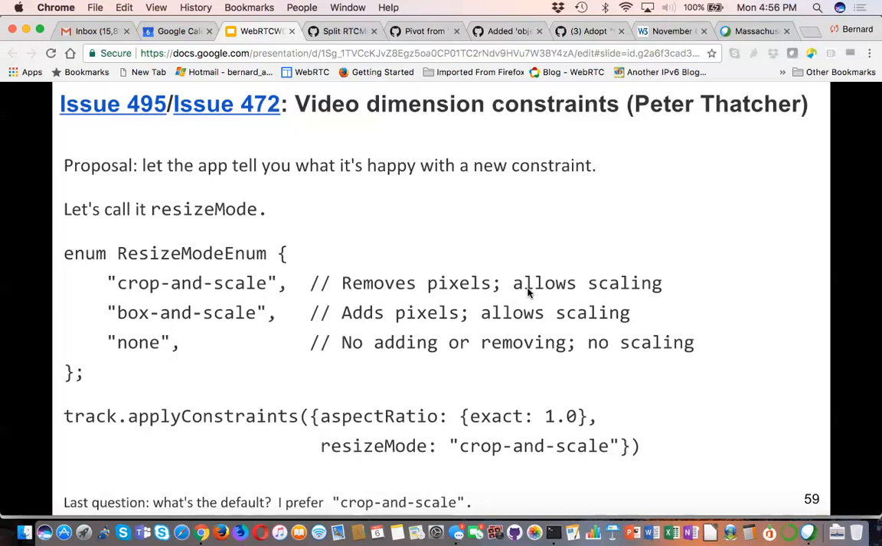So, I don't understand box and scale. Box and scale would preserve the aspect ratio of the camera surface within a rectangle that is different. It has black pixels on the side. But if you gave it a specific height and width, that's a huge